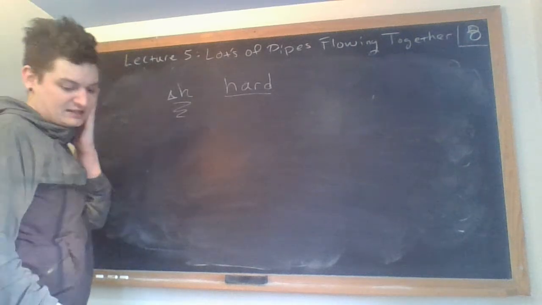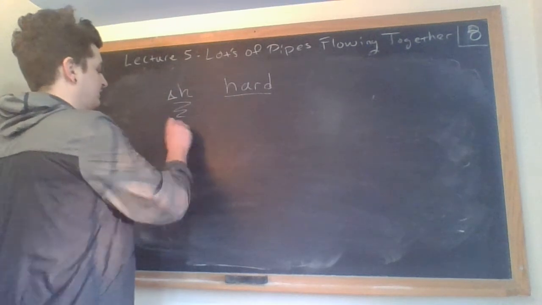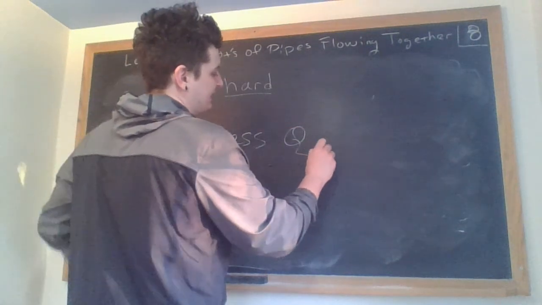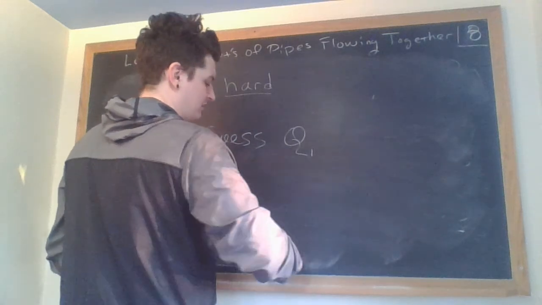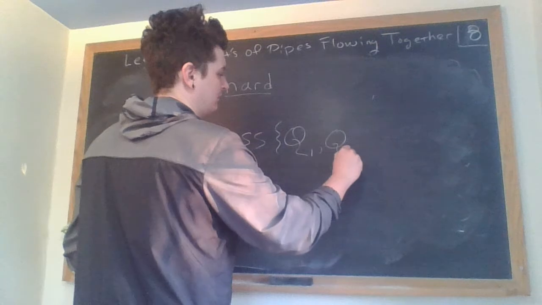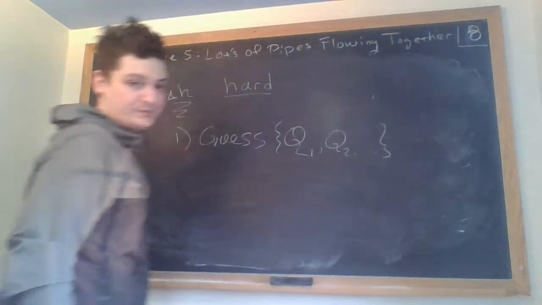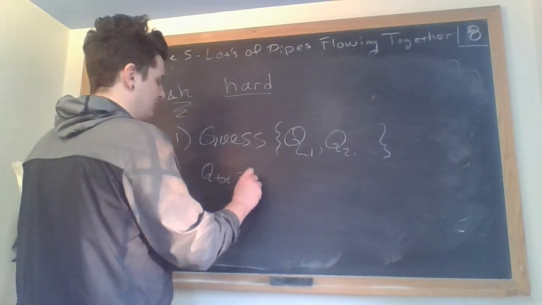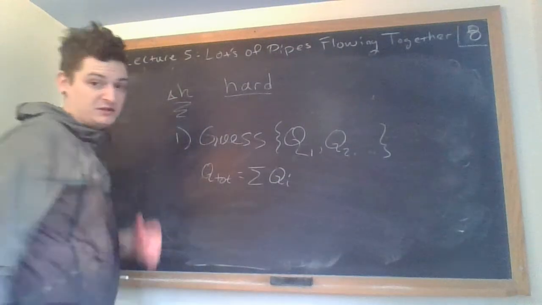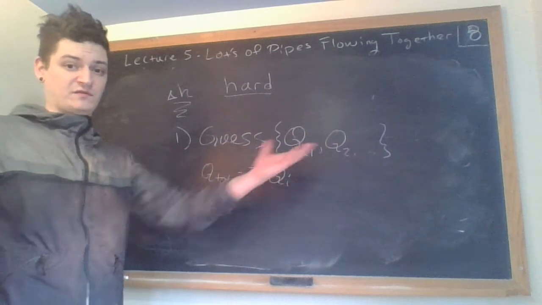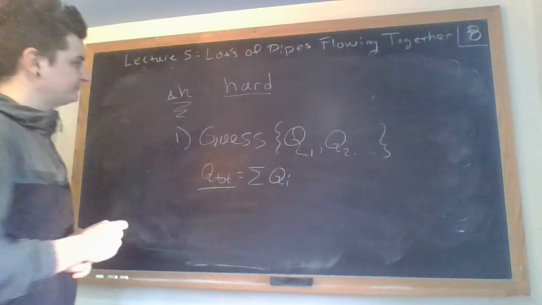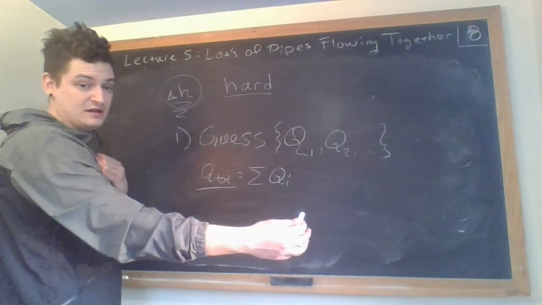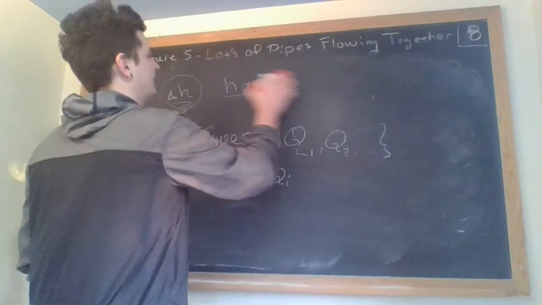This one's the hard problem, and that's because the way you have to solve this is you have to guess a list of these flow rates, with the restriction that you at least need to have this be true. So however you're guessing these, there's some distribution of the flow rate that needs to satisfy this. The easy way to do this for pipes in series, remember, was that it was really easy to figure out what the head loss was